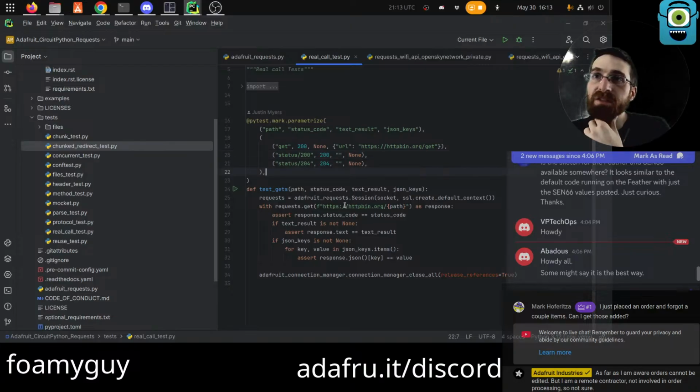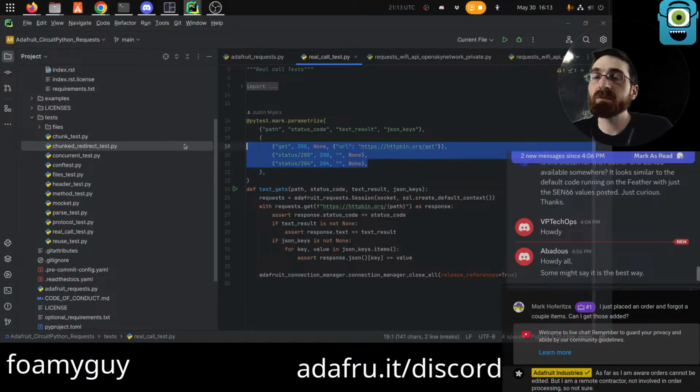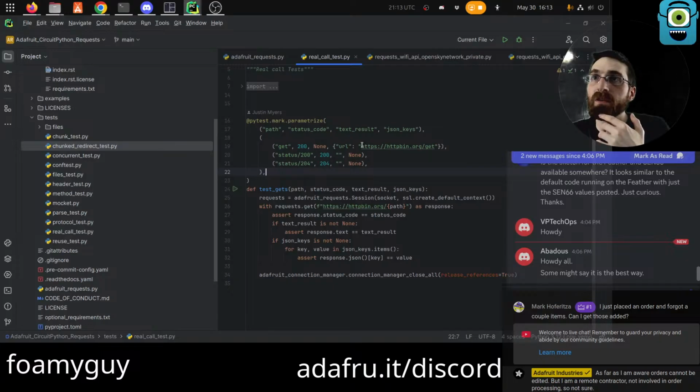And the gist of this test is, it's going to hit httpbin.org/path, so it's going to hit /get/status/200/status/204, then it's going to get the response, and it's going to make sure that all the stuff is how it's supposed to be. So we really just want a simple little rinky-dink web server that can respond to a 200, a 204, and that's all it really needs to do.